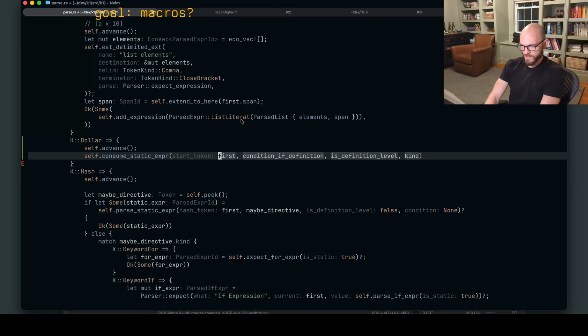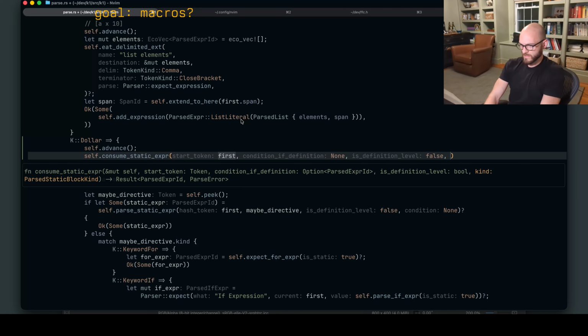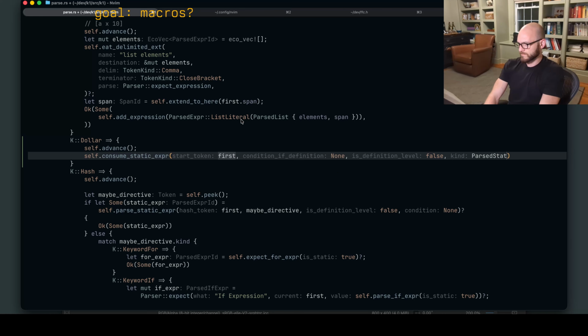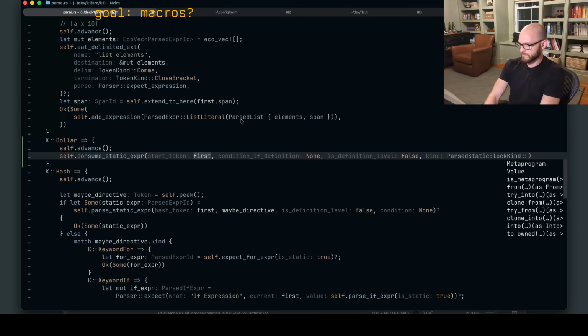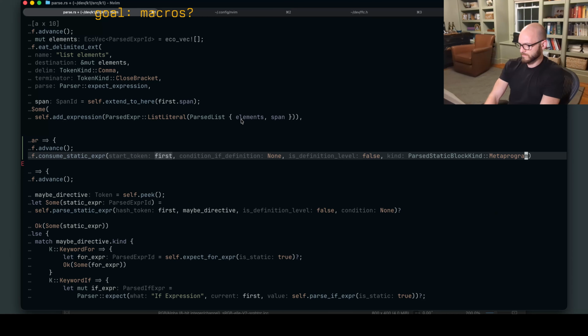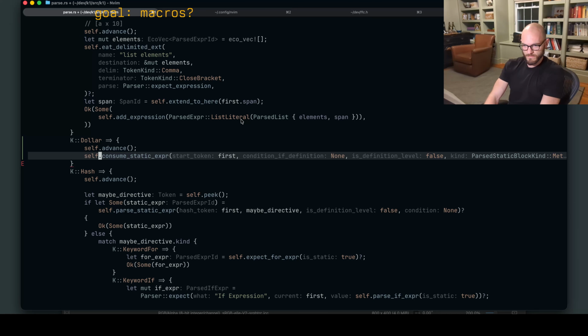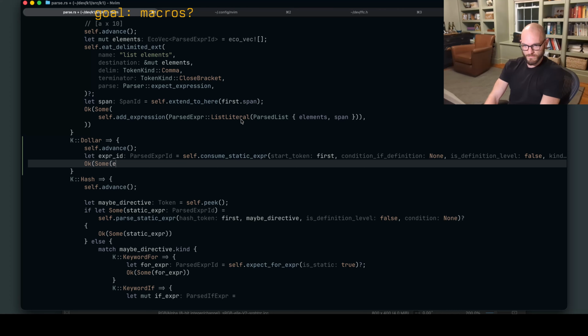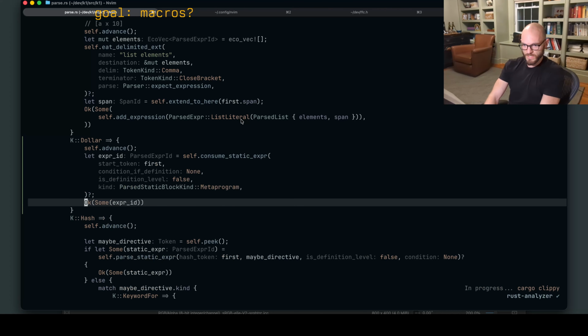Yeah. First, none, false. It's an optional. It is. Okay, well, at least we got to use that function twice.